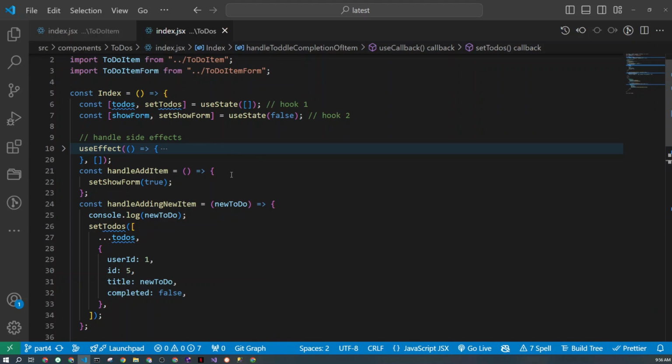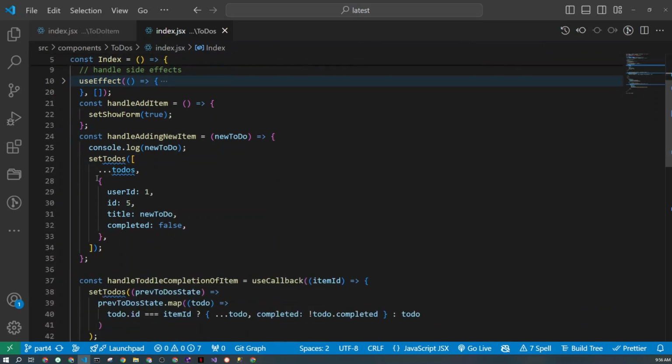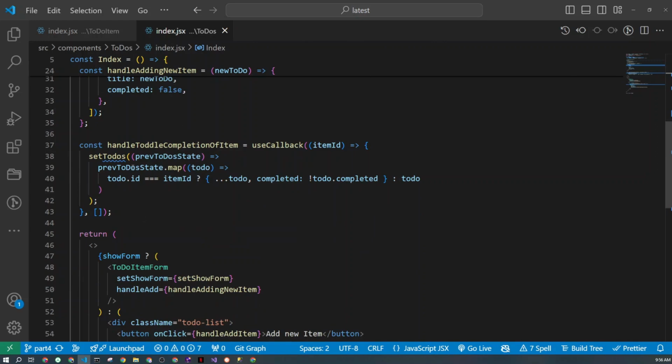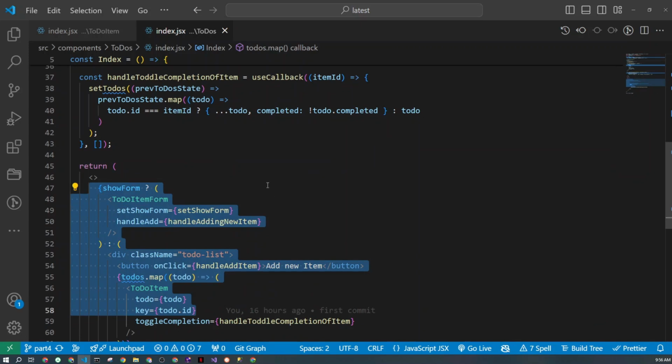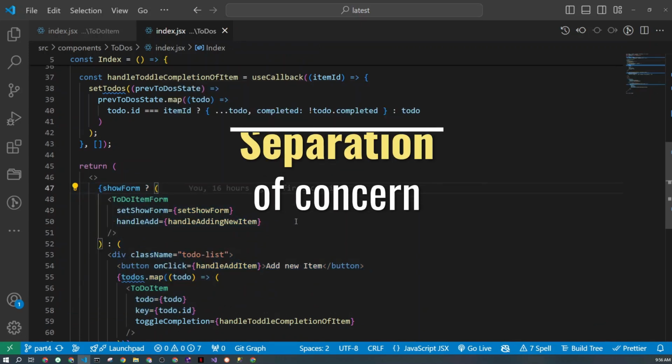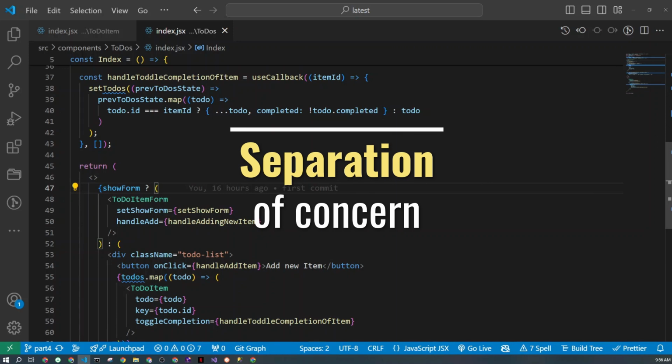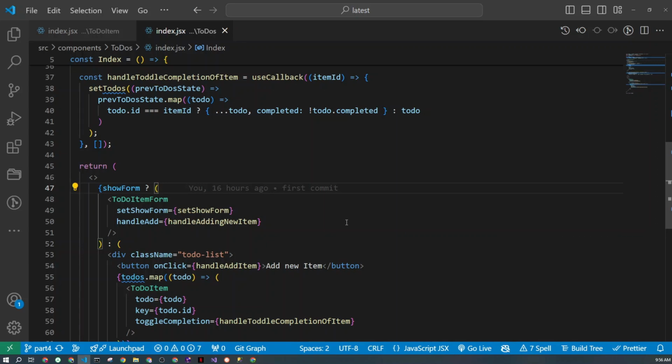And usually this is not a good practice. So we have state management going here, then we have some functions, then we have this component rendering some JSX for us as well, okay? And this throws a problem called separation of concern, where your component is trying to do state manipulations and also rendering your UI. Okay, so there is a fix for this, and we can use something called custom hooks